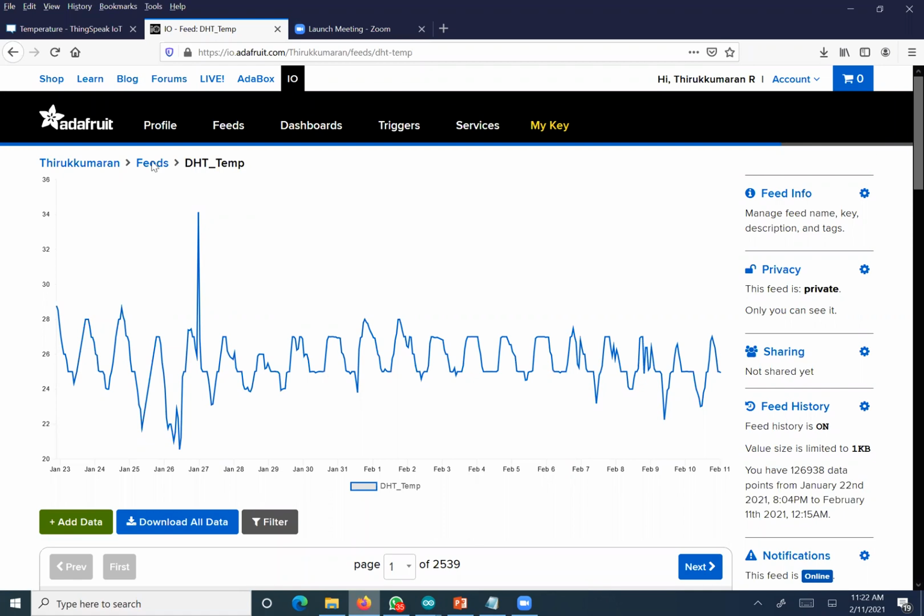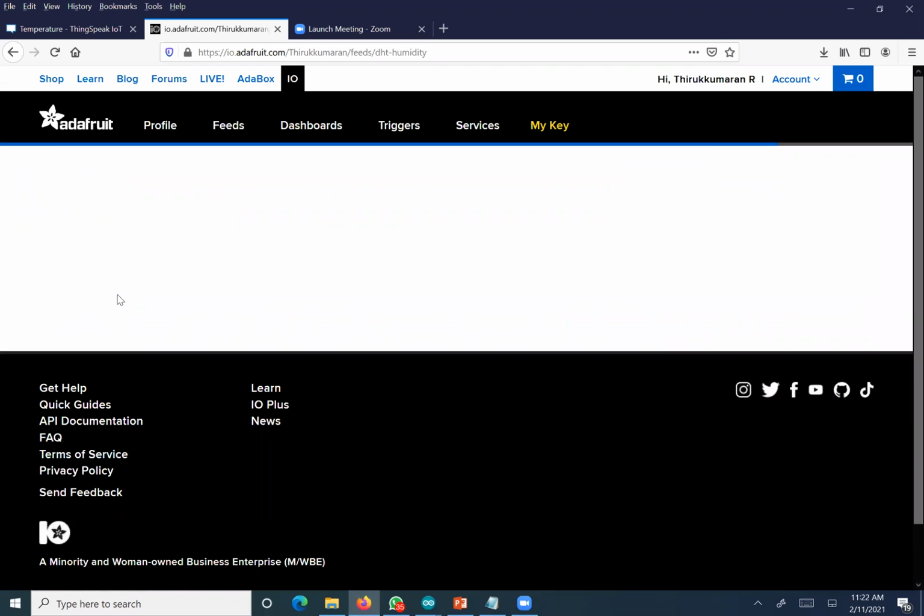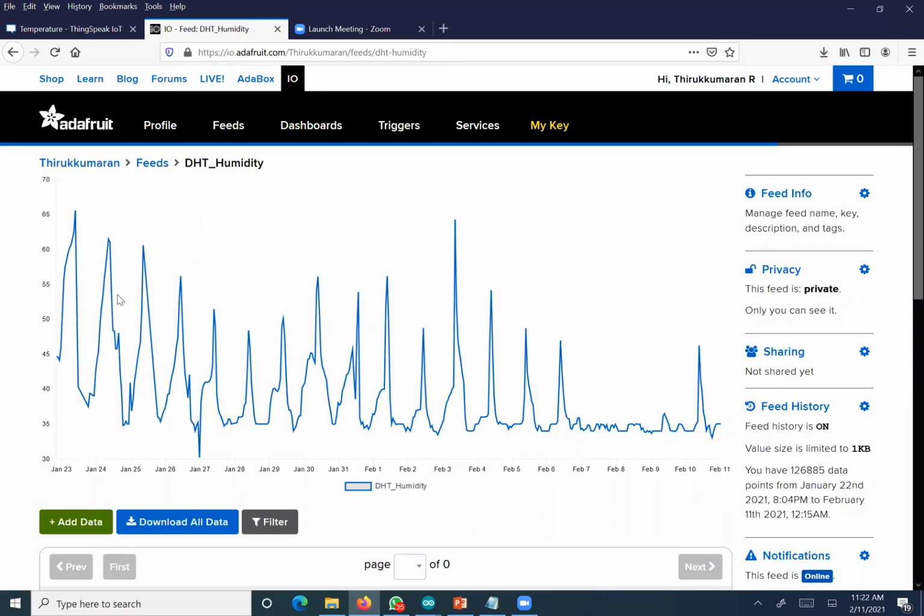Another field is for the humidity sensor, so it will read the data. Actually, this device was running continuously from January 23rd to February 11th. For demo purposes, today I switched that off and gave the demo. Same device.